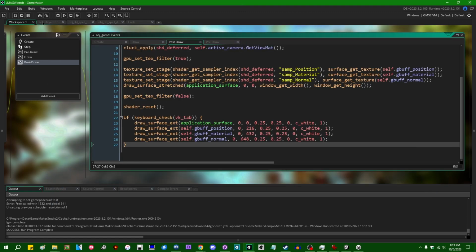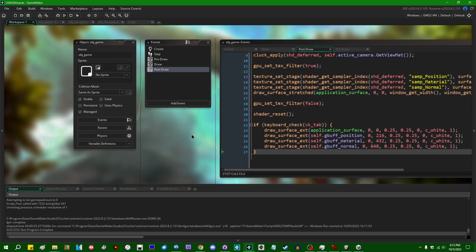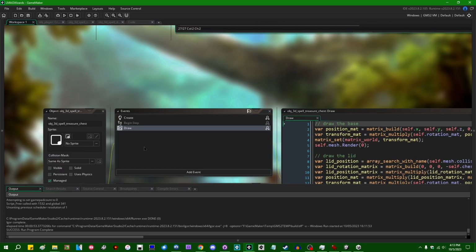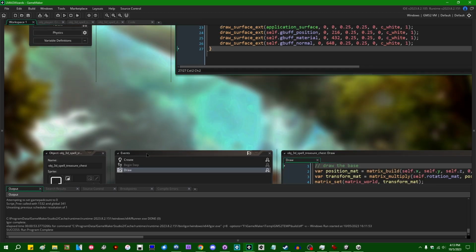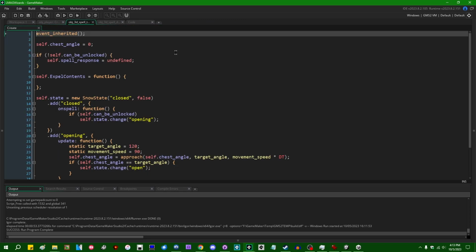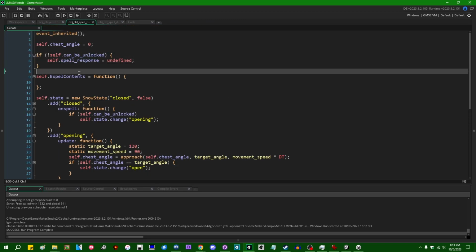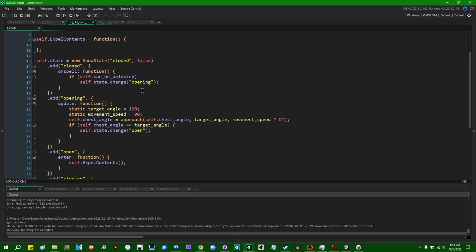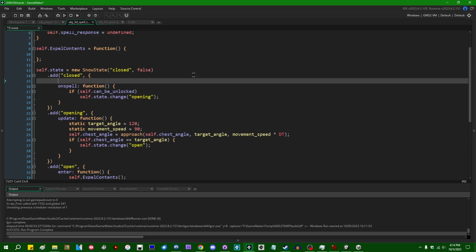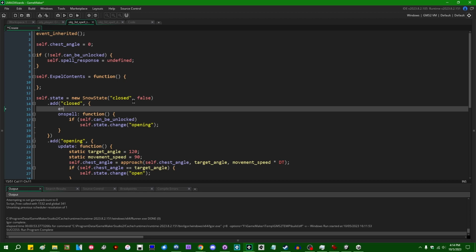Alright, that was another one. Another thing is that when you activate a treasure chest, you can still target it. You can still appear to target it with your unlocking spell, and that's also true for some other things. If a door is not able to be unlocked, I think it'll still do that. If a treasure chest is not able to be unlocked, I think it won't be targetable. But when it's open, I would like it to, let's say opening. Actually, the only time that it's relevant is in the closed state, so I can say enter